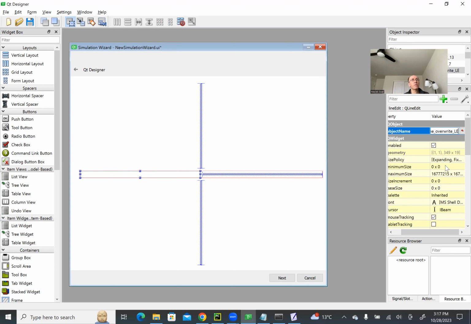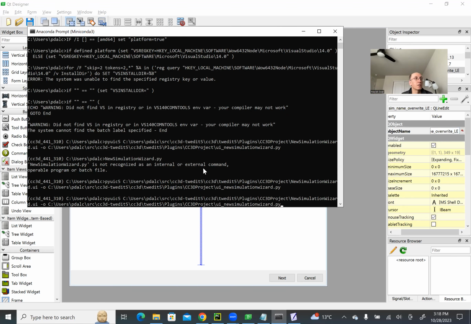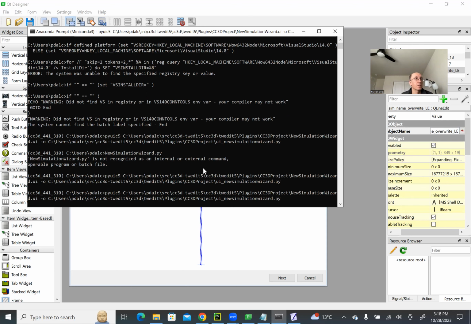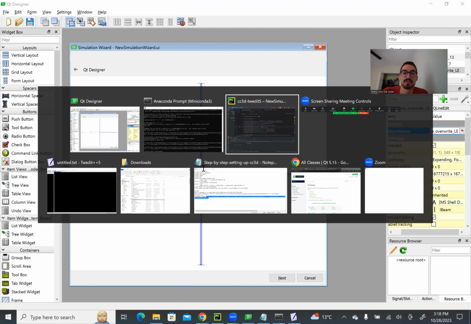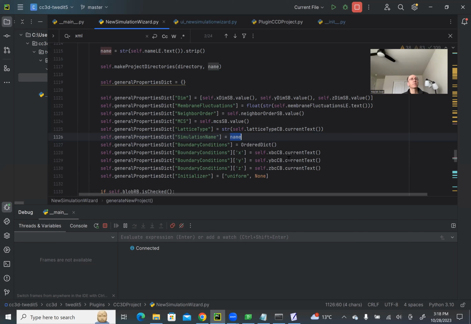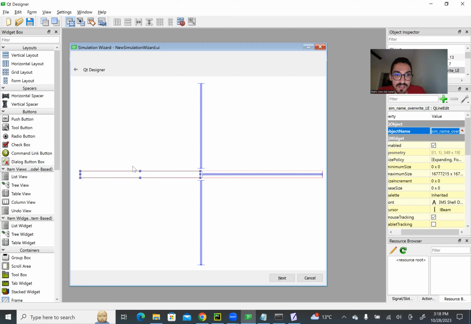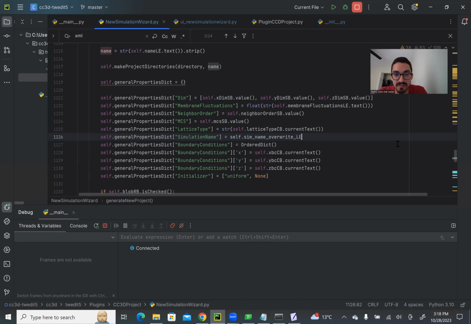Yeah. And then save the whole thing, and regenerate the file. Yes, regenerate the file. And now you can type this code in, yeah, here. So to get the stuff I wrote, I first refer to the object, which is self.sim_name_override_LE, which is the name of the object. Yes. And then